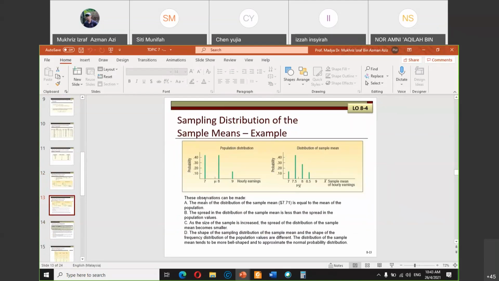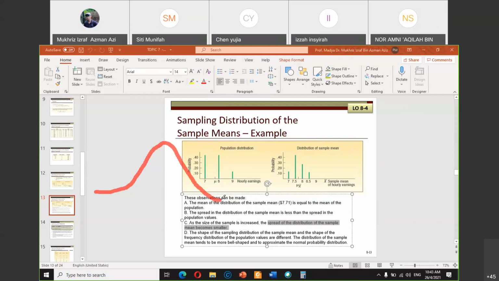Okay, so by increasing the sample size, the spread of the distribution becomes smaller. So what does it mean by the spread of the distribution? Recall that in the previous chapter, you learned about the shape of the normal distribution. It can be steep, it can be flat. So the higher your sample size, your standard deviation or the spread of the distribution will become